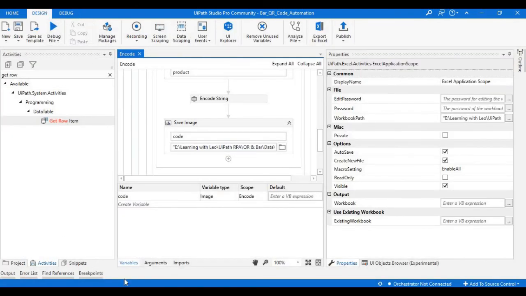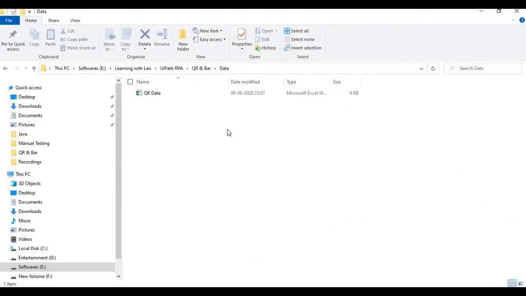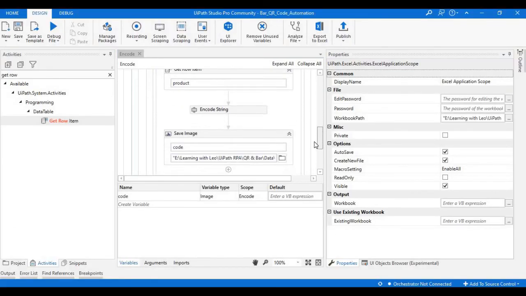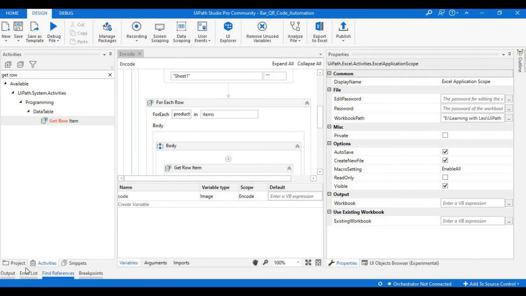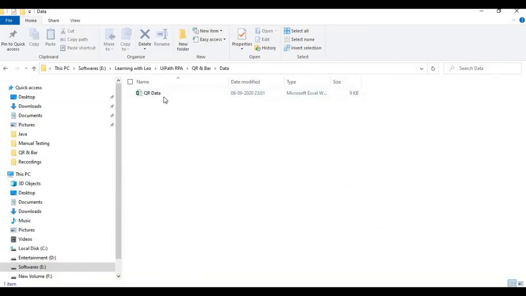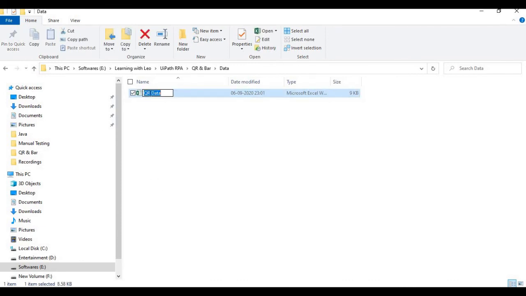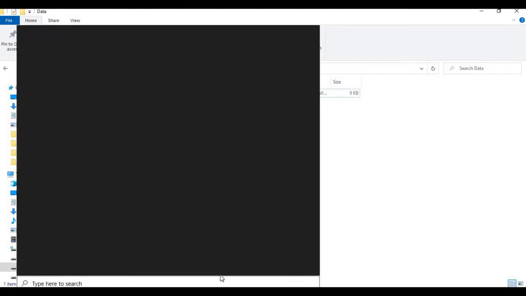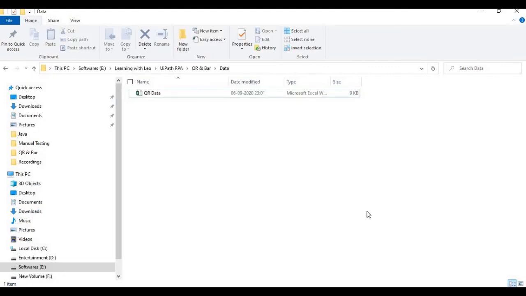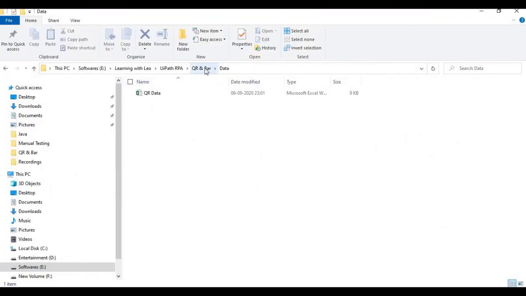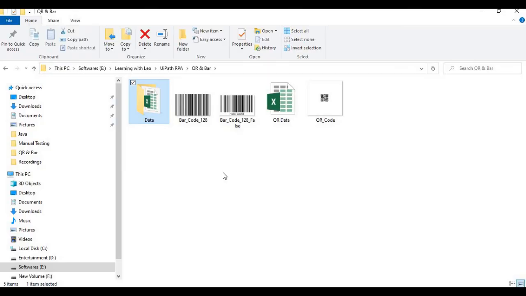See, execution has started and completed. So I think data is not generated. Let's check what happened. Seems like there is some data issue. I found the issue, I have not provided the correct data path.